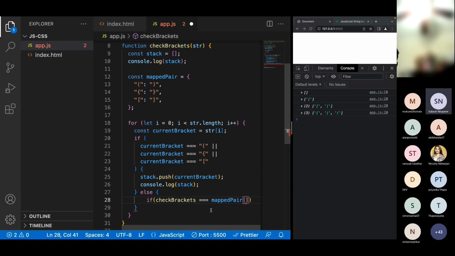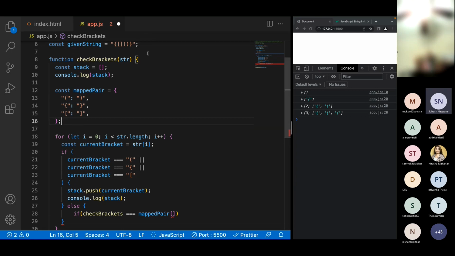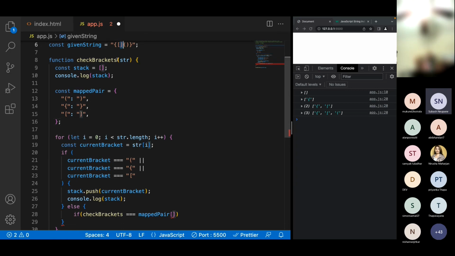Okay, now we have one problem here. We need to check this check bracket. Let's say this is our string. We are in the third iteration. The third iteration will go inside line number 28 actually. And how can I get this out? How can I actually write it here? I want to actually write that